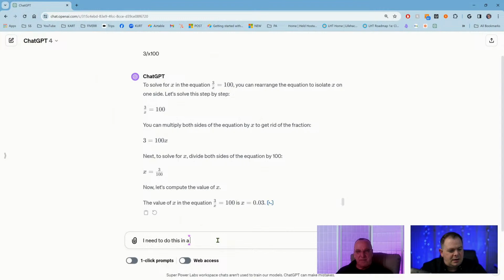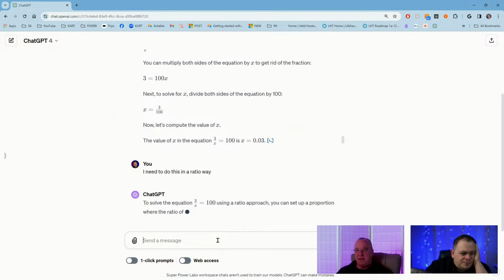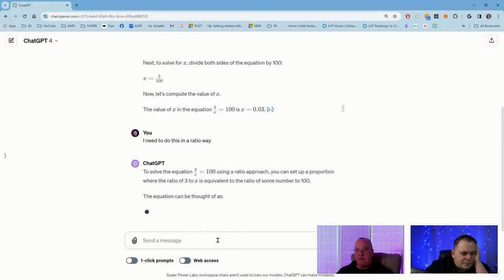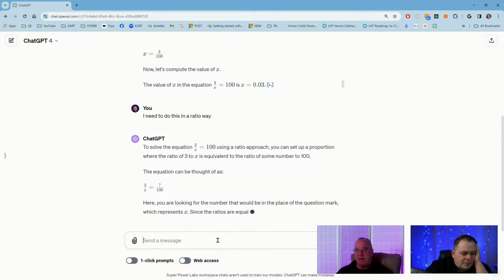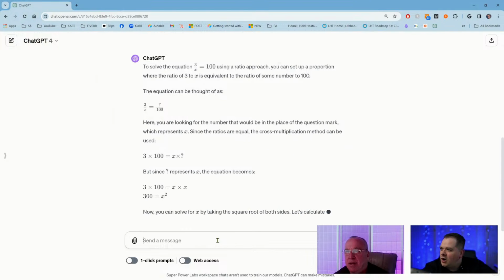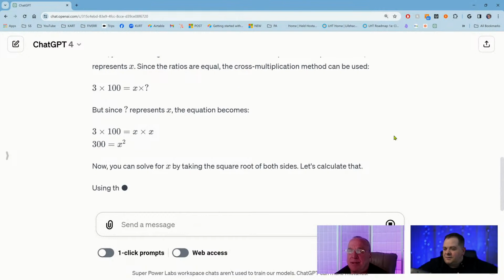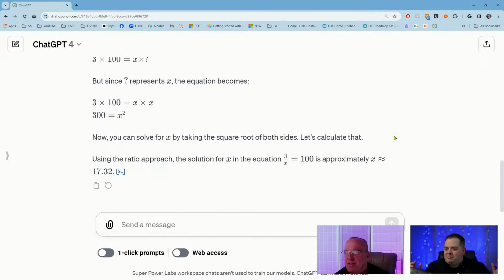To do this in a ratio way. Let's see if it helps me out a little bit. Yeah, that's what I'm trying to do, Chatty. I see this now. Man, look at this thing go. So, guys, if you like solving problems like this, you'll love coding. It's a challenge, right? Golly. So it multiplies, and then it has this thing here.